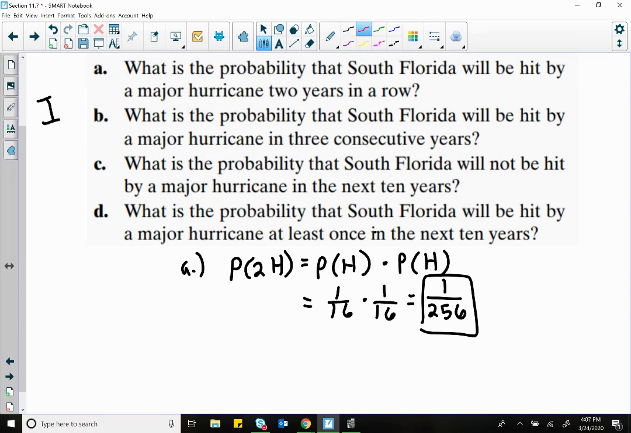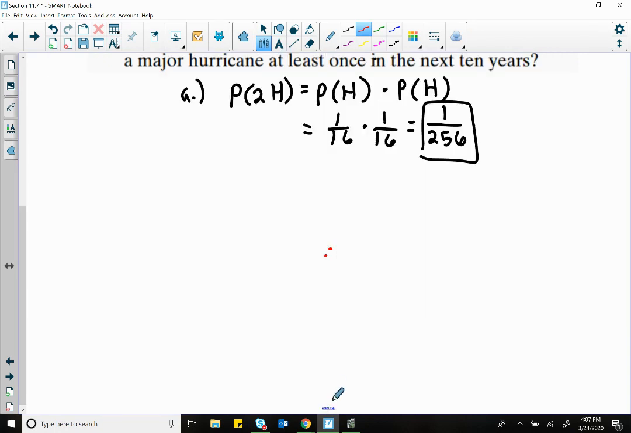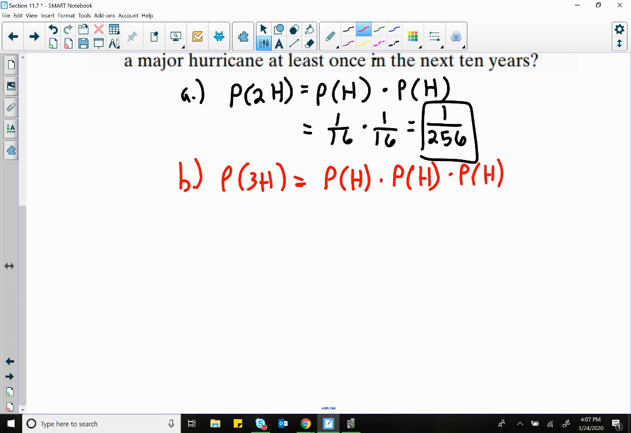Part B says, what's the probability that South Florida will be hit by a major hurricane 3 years in a row? Okay. So it's a lot like what we just did in Part A. So probability this time of 3 hurricanes. So basically all we're going to do is take what we just did in Part A and tack on another 1/16. So it's the probability of a hurricane times the probability of a hurricane times the probability of a hurricane, which is 1/16 times 1/16 times 1/16,